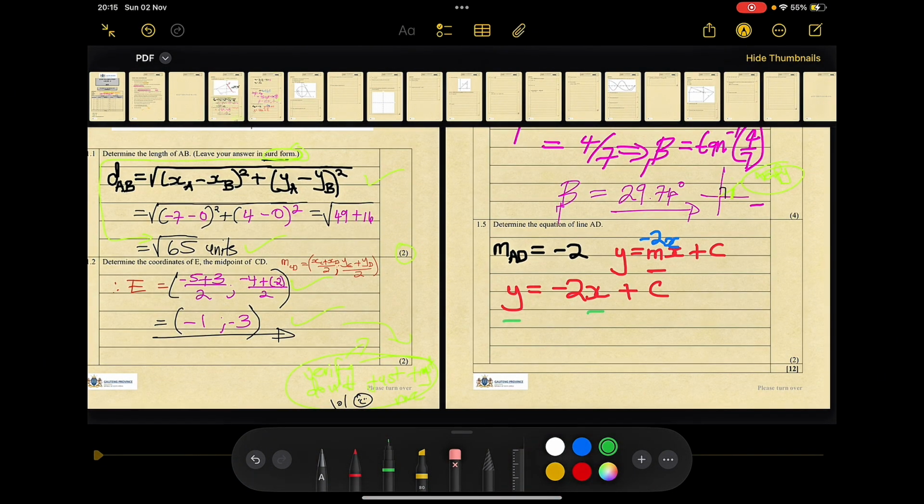You can choose the coordinate 0 and 4, right? And substitute. So here you're going to have your 4, here you're going to have your 2, then x will be 0, then your c. How much is your c? C is equal to, you can see already, your c is 4. Alright, that's why I was saying the quicker way